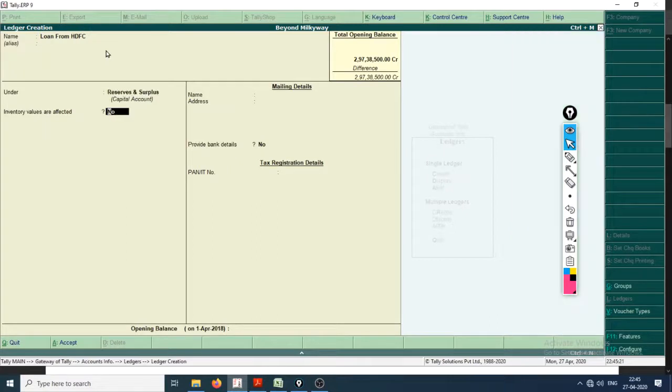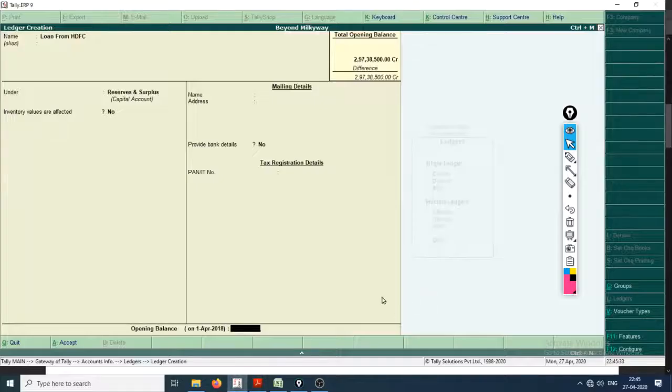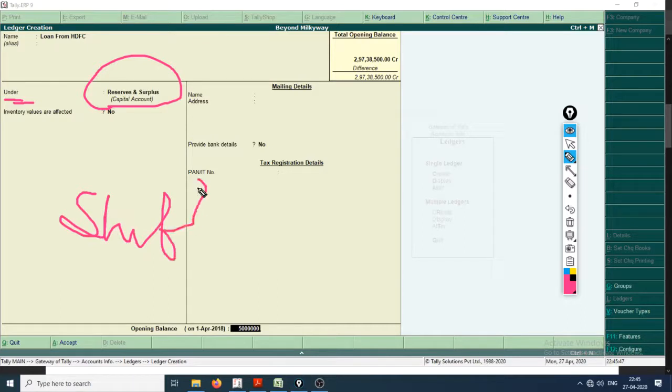Enter. Okay, and how much amount of the loan? 5 1 2 3 4 5 6 1 2 3 1 2 3. Okay, 5 1 2 3 4 5 6. Also, as you can see, I have intentionally not changed this column because I wanted to show you how I use the shift plus tab function to go up. So let's try it. Shift tab.